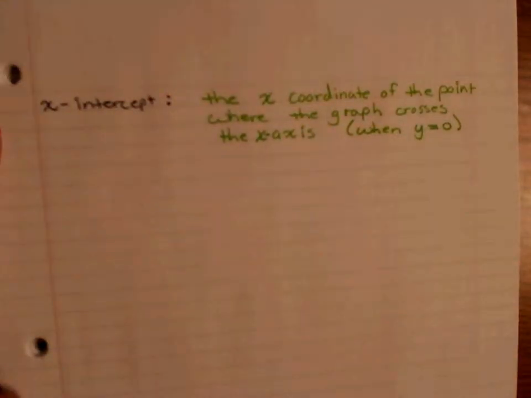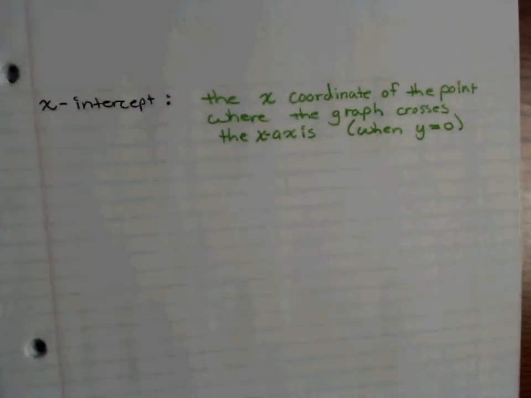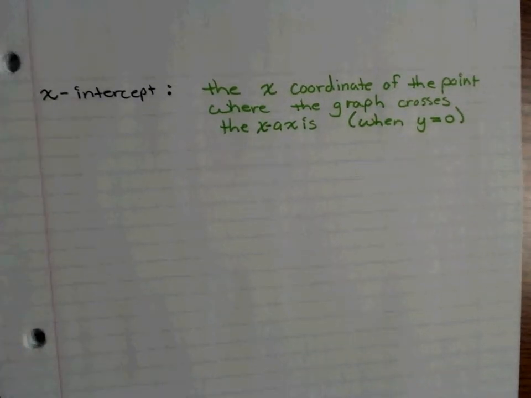All right, so like I said, the x-intercept is the point at which we are intersecting the x-axis. So it's when y is going to be equal to 0. Okay, and we already know about the y-axis. I'm sorry, the y-intercept is the point where we cross over the y-axis. So if I were to have just a nice little grid,